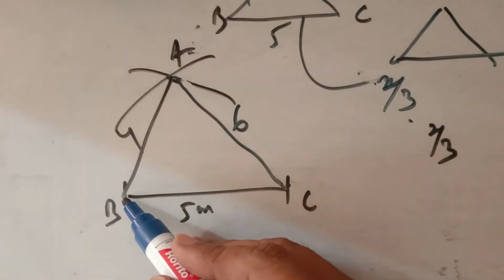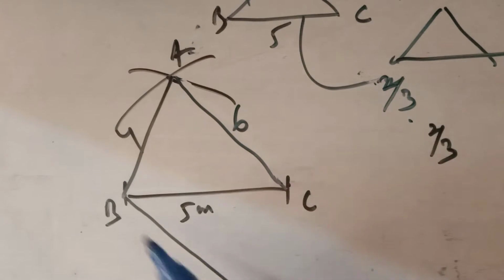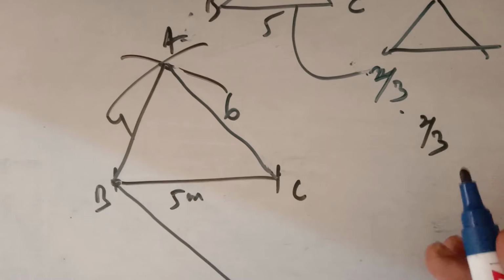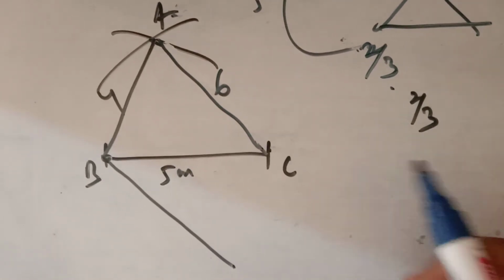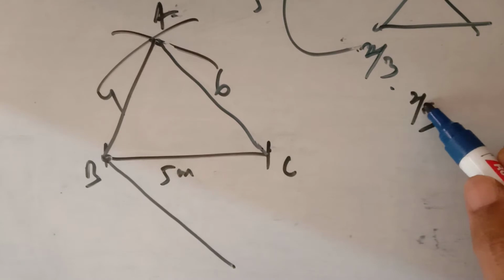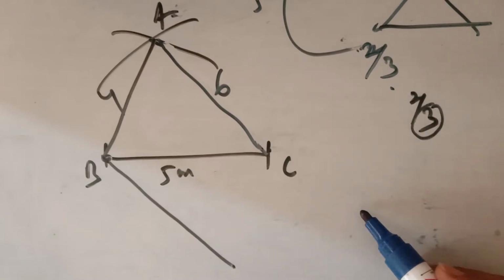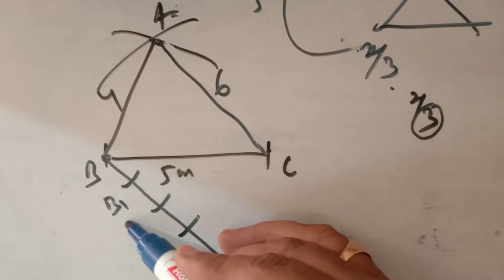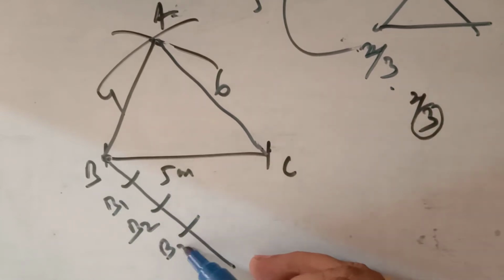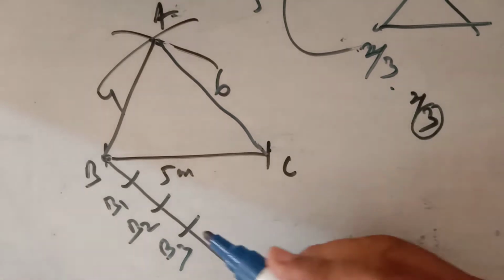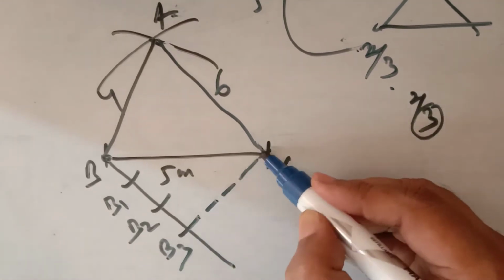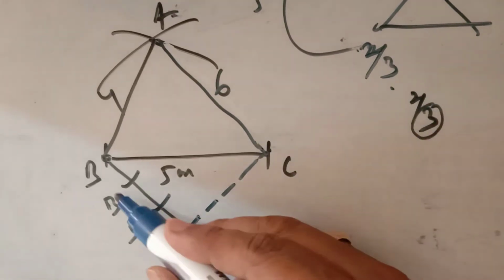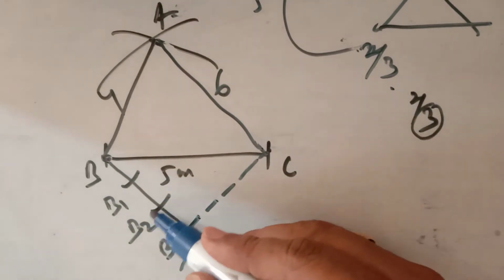what you have to do is simply draw an acute angle at one base of this triangle and mark 3 equal parts on this ray, equal to the denominator, that is 1, 2, 3, with the same radius: B1, B2, B3, and join the last B3 with this C. Now because we have to mark the 2/3, so we have 3 parts and we have to mark 2/3, so the second part will be this.